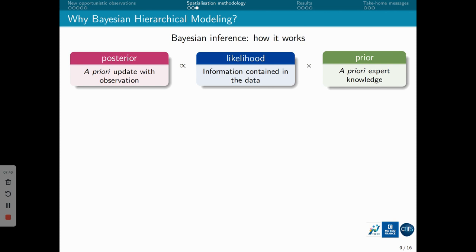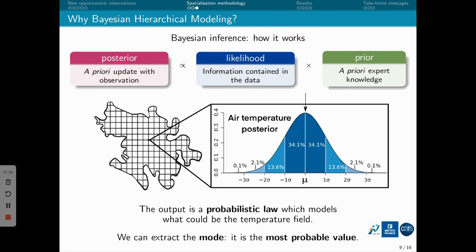by the observations. So typically maps of the urban environment, but not only, because for each point we produce not only the median value, but also a PDF of the air temperature. So that's statistical information for each point. And then you can extract the most probable